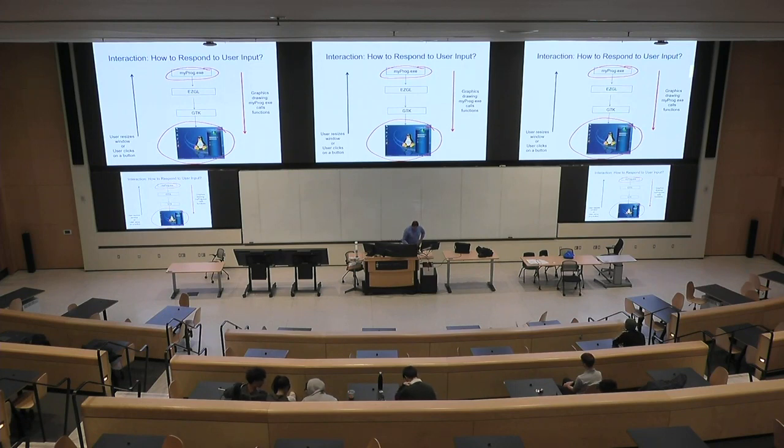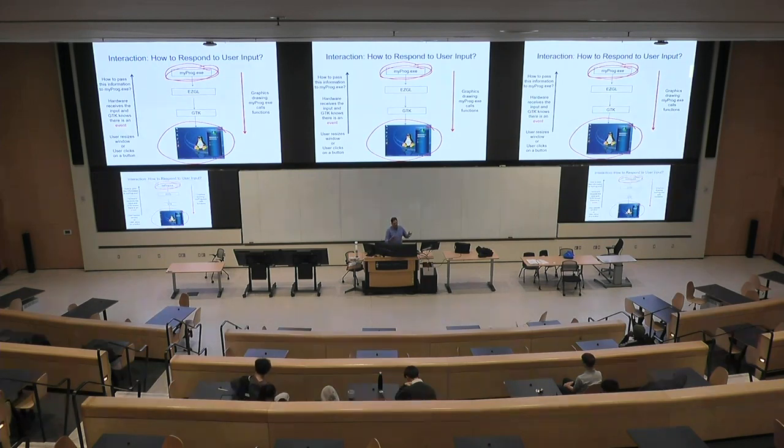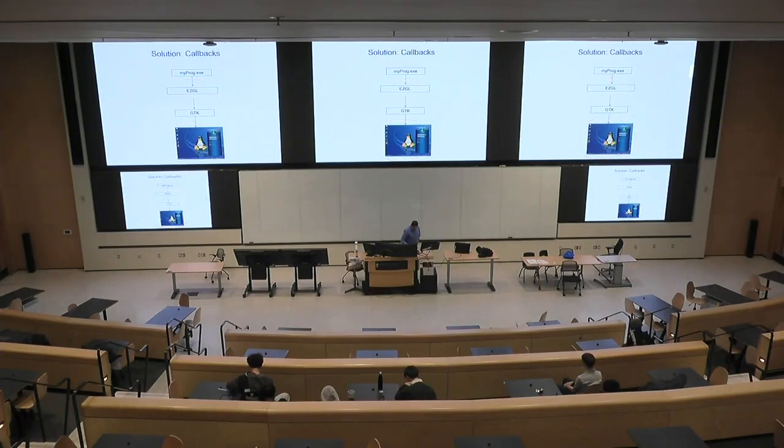So what does it do? It needs to take this, what's called an event, and somehow get it back to your program. Okay, so that your program can respond to it. Because the graphics library doesn't know what to do. But the graphics library is the one that knows about the event. Your program won't know about the event until the graphics API tells it. Okay, so the way this is done in